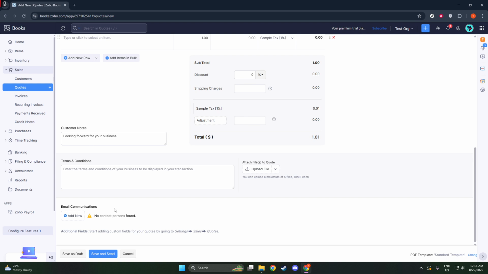After specifying what you're quoting, it's also essential to outline any terms and conditions that may apply. This might cover payment terms or any special requirements tied to this quote. Also, don't forget to set an expiry date. This is a helpful feature to prompt timely responses from your clients, giving them an idea of how long this